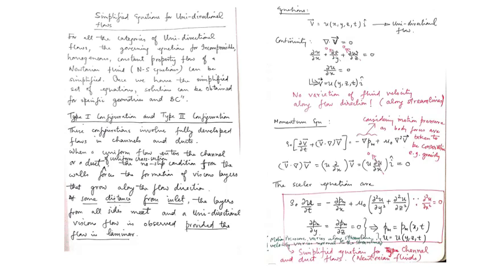So the scalar equations are now, I am writing them. My x direction momentum equation is written as rho naught del u del t minus del pm del x plus mu naught. Now again the second derivative with respect to x is 0, while the other two directions are retained, del 2u del y square plus del 2u del z square. So this is the x direction momentum equation, and the y and the z direction momentum equations, they don't have